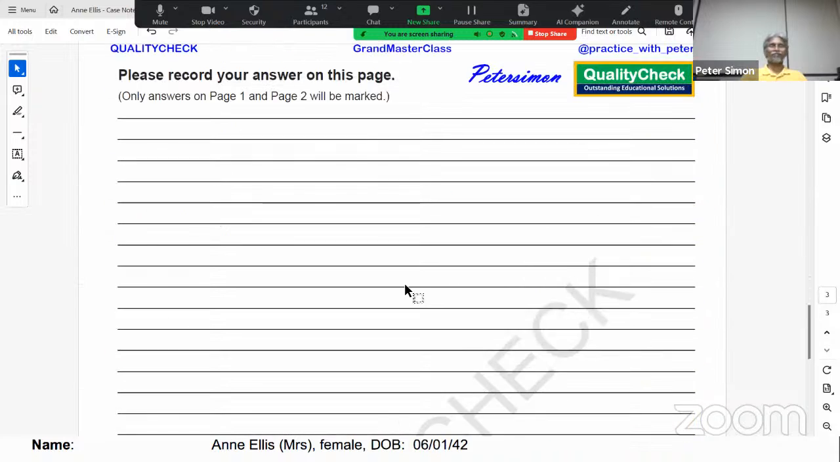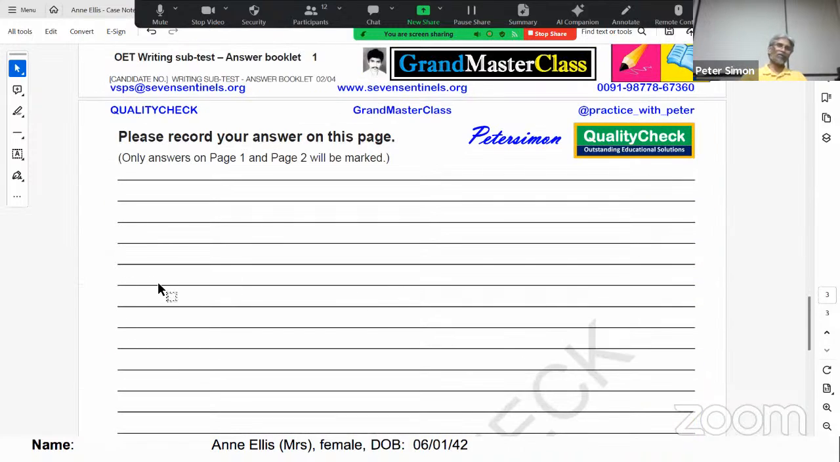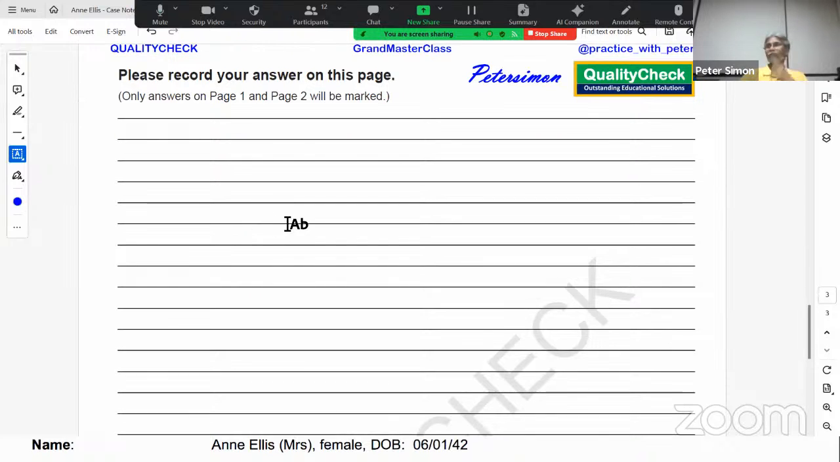The introduction. So first leave some space for the address and other things. Suppose like that one. After the address and other things,